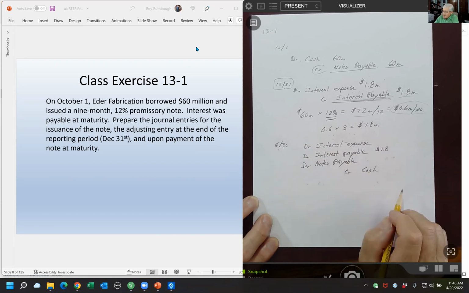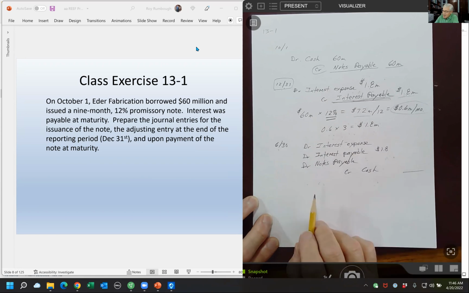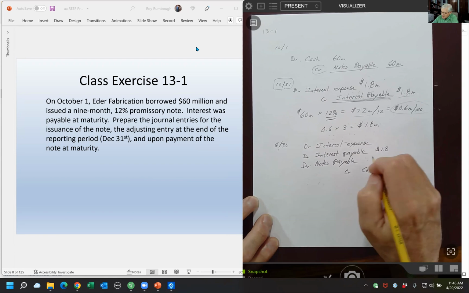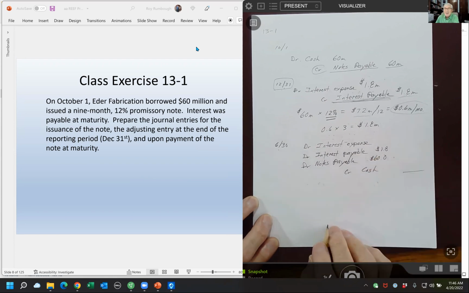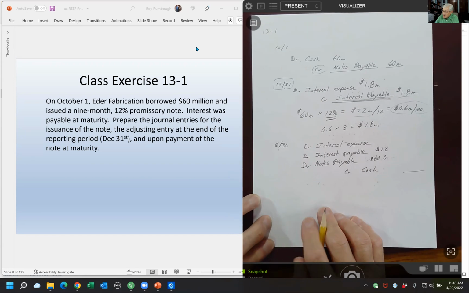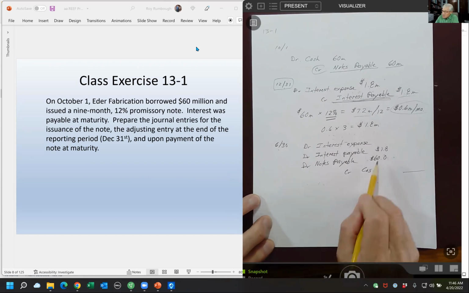How much did we pay in cash? You could do this several different ways. I could just go calculate 6 months of interest expense. I know what the note payable is. That's 60 million. And then I could just add those together, and I know my debits and credits have to equal. But I'm going to do it a little slower, and I'm going to say this cash is going to equal 60 million